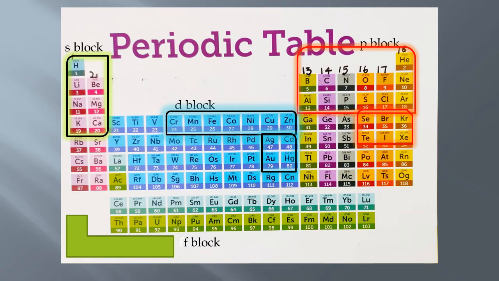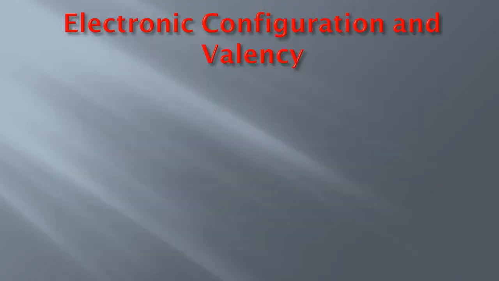So, for the time being, we shall not very much bother about F block. For the students of 8 to 10, these many elements and whatever information I have given so far is enough to learn about valencies. Let us move on to these elements in detail now. So, electronic configuration and valency.